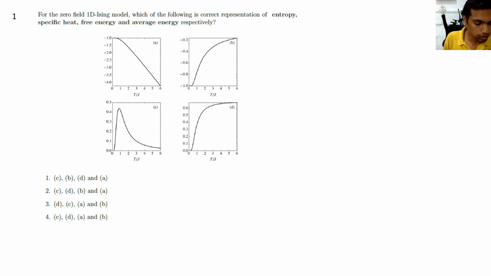It is quite a lengthy calculation, of which I will tell you the process. First you have to calculate the partition function. Once you obtain the partition function for the 1D Ising model,